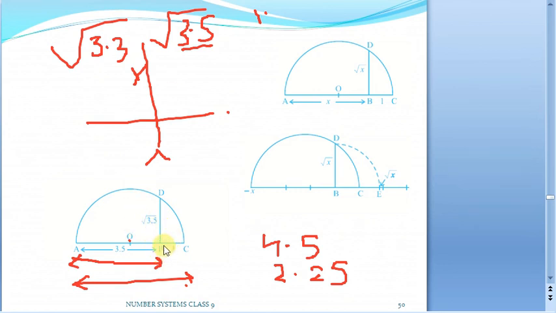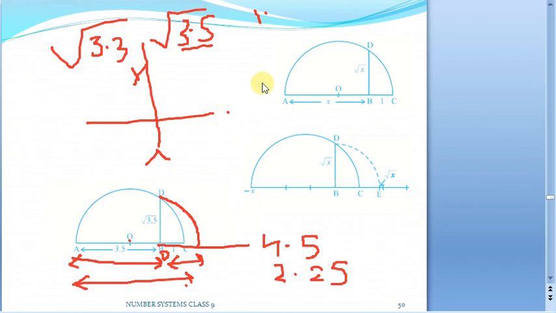So make the number line starting from B itself. Just make it as 0. Take our number line like this starting from here, and since this is square root of 3.5, place your compass needle here and the pencil tip here and draw an arc like this. Finish it such that it touches the number line. So this will be square root of 3.5. If we start from 0 here, this length will give you square root of 3.5. Exactly here on the number line is where square root of 3.5 is going to lie. So let me repeat.